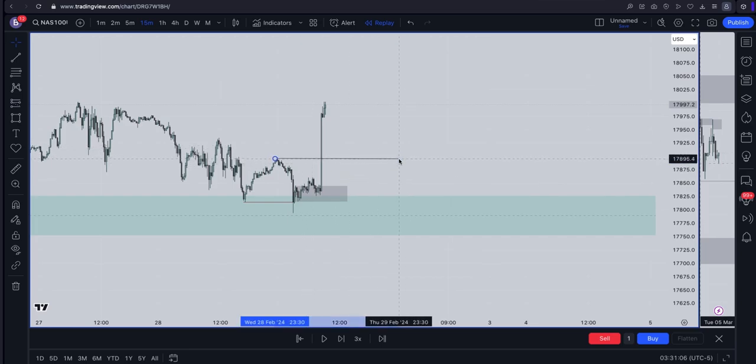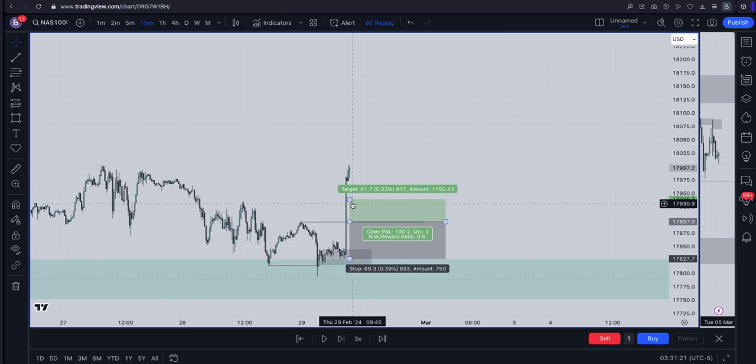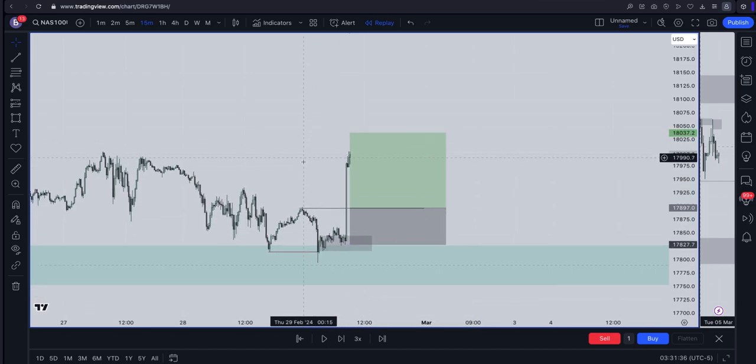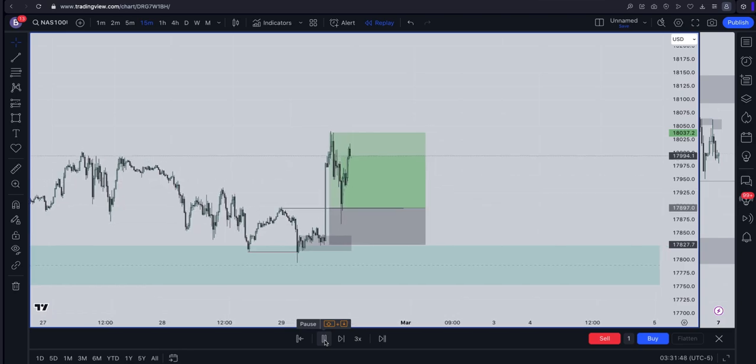So this will now be your 15-minute entry. Price coming from 4 hours. So you can make this your stop loss. Doesn't matter how big the stop loss is, and make it 2 to 1. Let's see 2 to 1. 2 to 1 should be, I think, let's say 140. 140 would be here. You set your buy limit here, then there we go. Just wait for price to do its thing. Now tag you in, and boom.